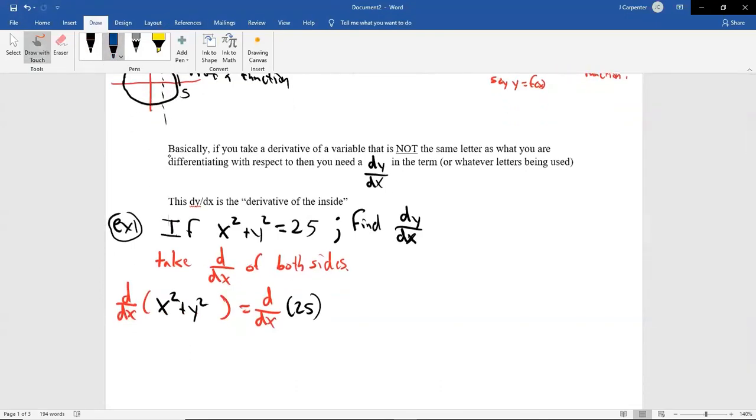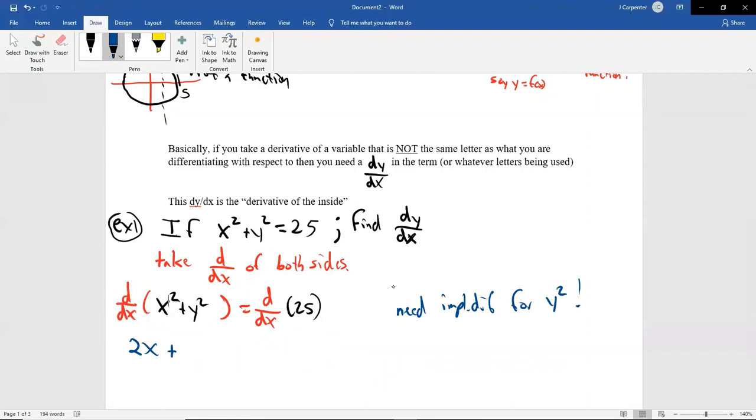For this x squared, we're saying, what's the derivative of x squared? Well, the derivative of x squared is 2x. These letters match, so this is normal. There's nothing new there. The derivative of x squared is 2x. No surprise. Plus. Now this letter and this letter do not match, so we need implicit differentiation for the second term. You need the implicit differentiation for the y squared.